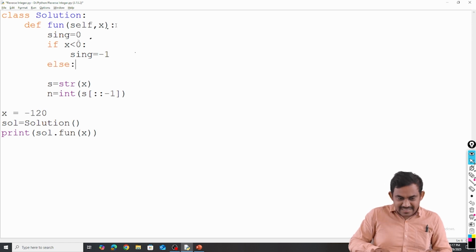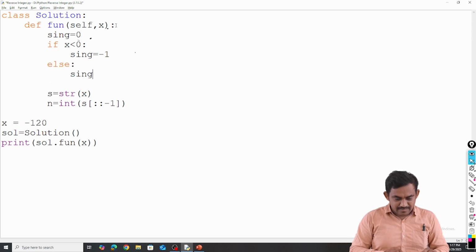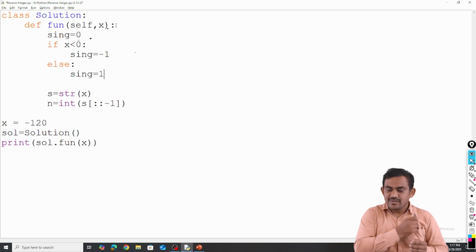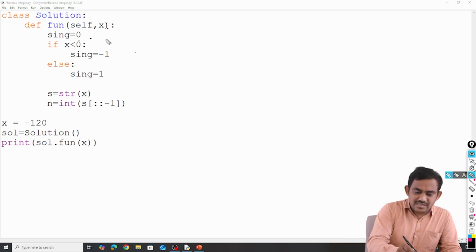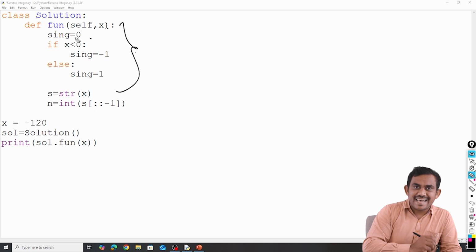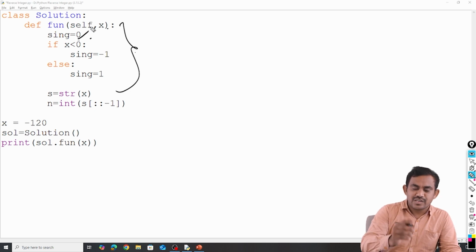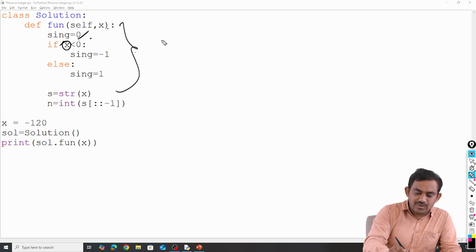Else your sign will be +1. See, why am I doing this? Simple logic. If I consider the sign as 0, no need to worry about that particular number. Now suppose your x is less than 0, so suppose my 120 is there, minus